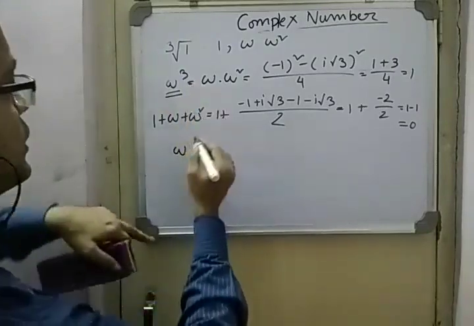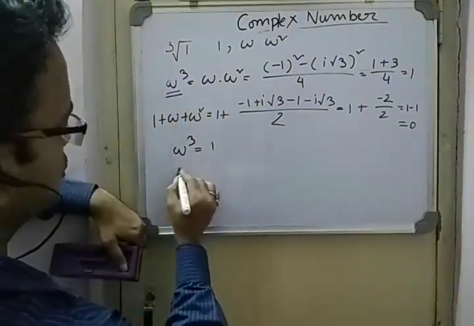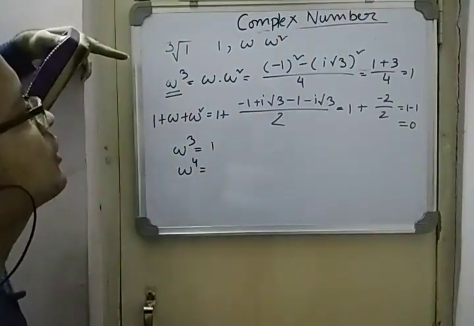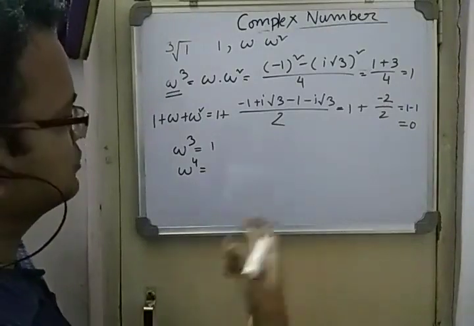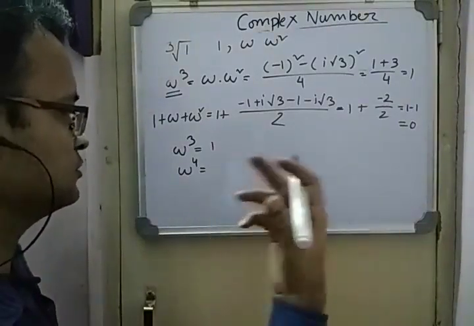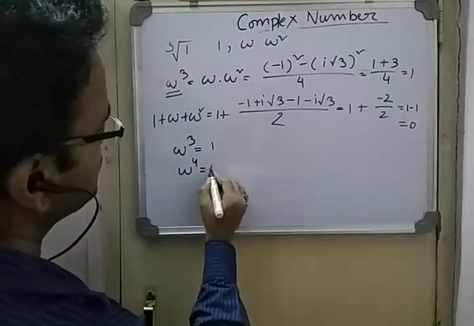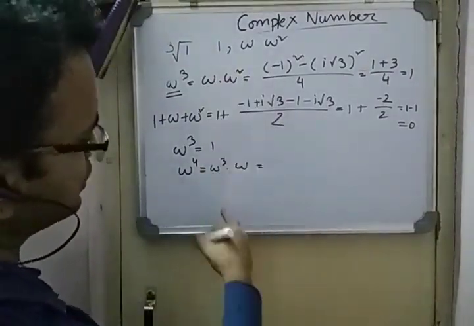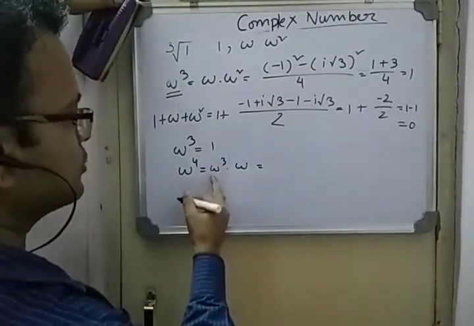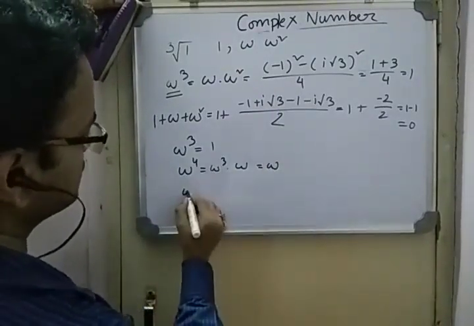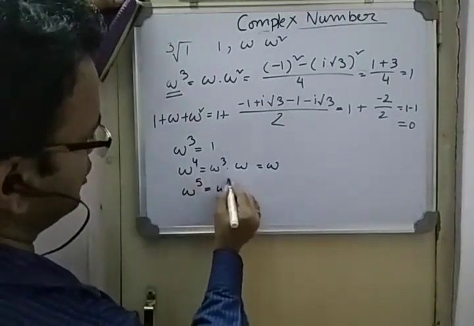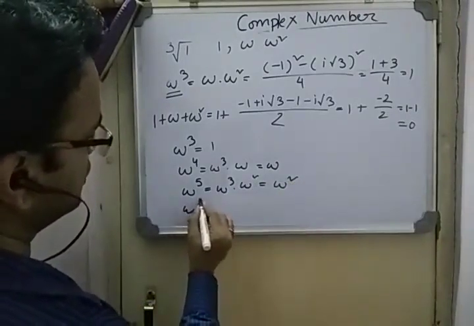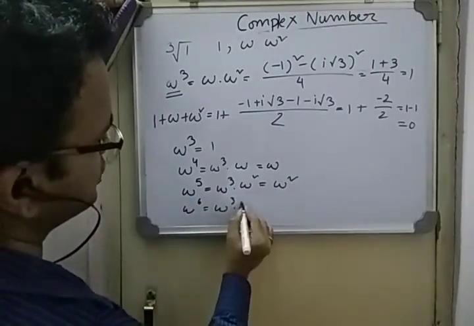After omega cube, which is 1, omega to the power 4 behaves the same way as we have seen for i square, i cube, then i to the power 4, 5, 6, 7. In that way, after omega cube, everything repeats. Omega cube is 1; after i to the power 4 everything was repeating. Here, after omega to the power cube, everything is repeating.